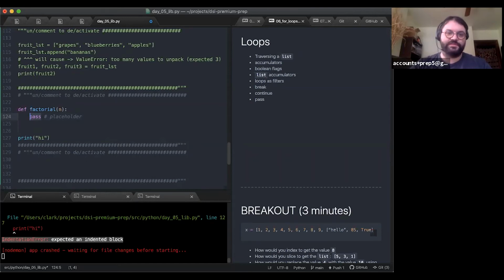I'm sure you all have already seen this a number of times in Learn. So pass's job is that it is valid code. It's code that Python recognizes, and pass, being valid code, does nothing. It literally performs no task whatsoever. It's just explicitly telling Python, yes, I know there's nothing in here, and that's fine. And the Python interpreter will say, oh, okay, I'll just ignore it and move on. So it's valid code that does nothing. Its purpose is as a placeholder. It's just like saying pass, don't worry about it.